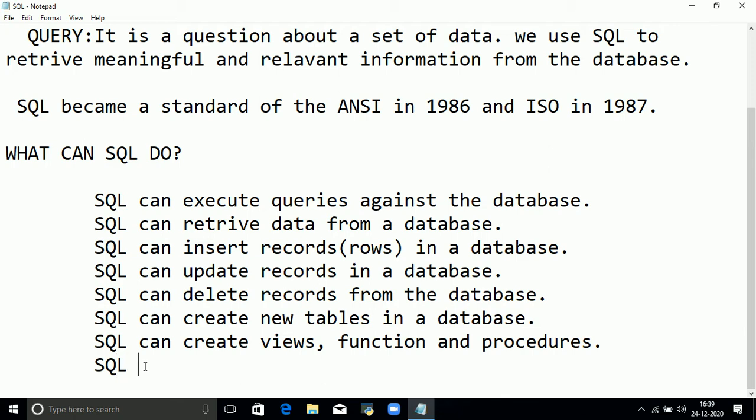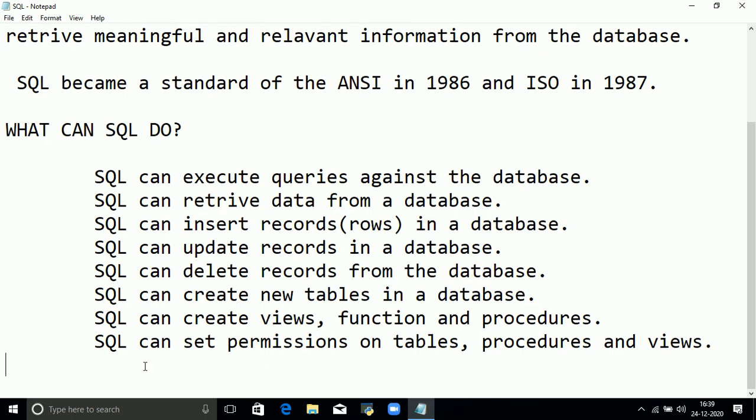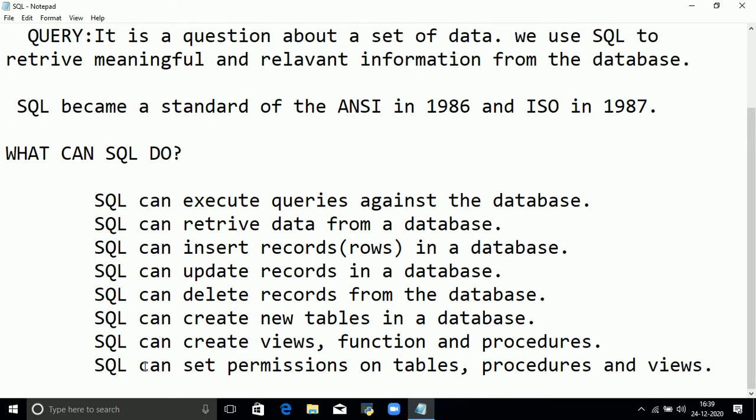SQL can set permissions on tables, procedures and views. So this is the introduction about SQL.